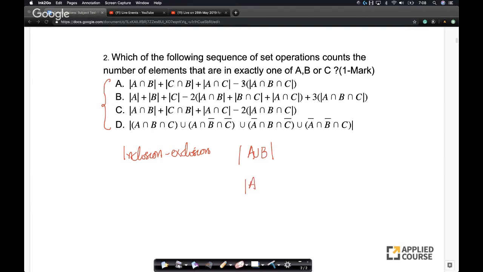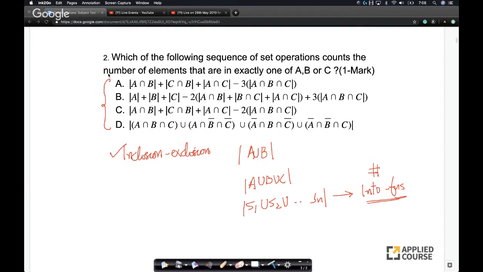Okay, so for this question, what do we need? We have seen the principle of inclusion exclusion for 2 elements, for 3 elements, and also for n elements. We introduced this concept when we had to count the number of into functions, as part of our course videos. So this problem is straightforward. This problem is very simple.